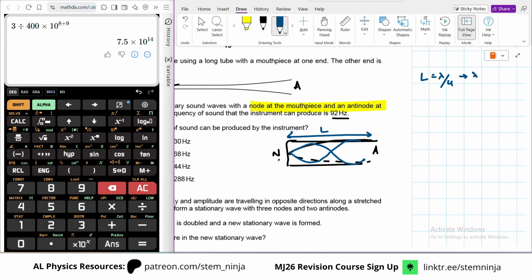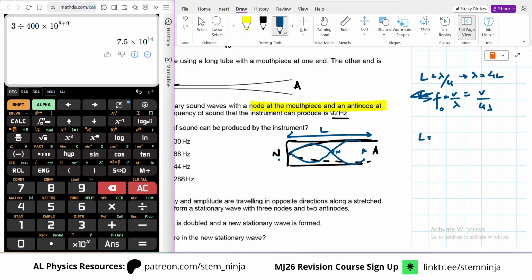A quarter of the wavelength, so the wavelength is 4L. V is constant, so F is equal to V over lambda. So F is V over 4L. This is our fundamental. Now for the next one, if L is equal to node to